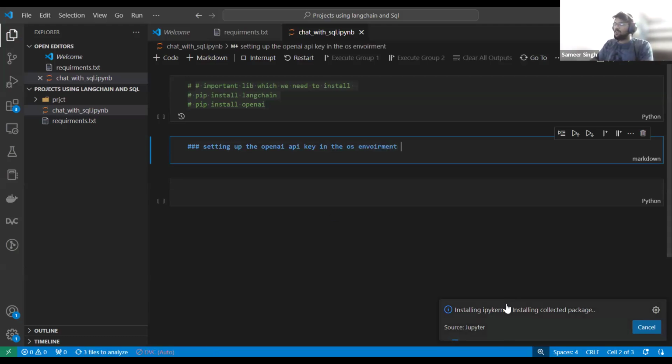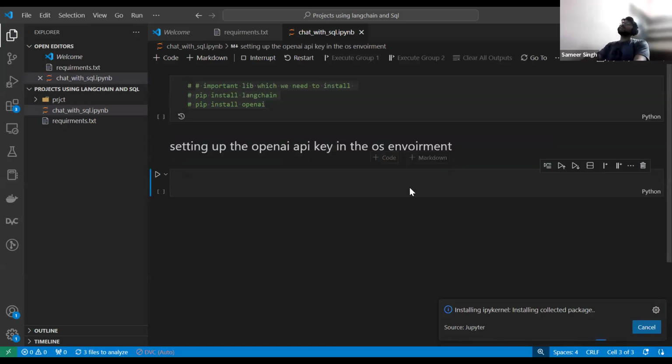My IPY kernel is getting installed, so let it install. It is still installing, guys. Let's wait for a couple of seconds. Usually it doesn't take that much time.